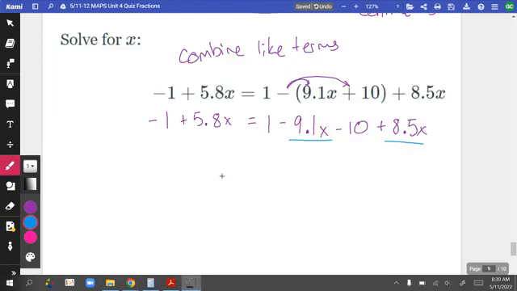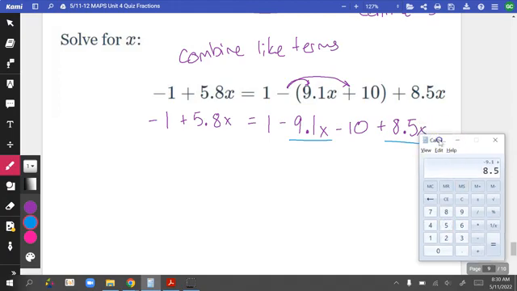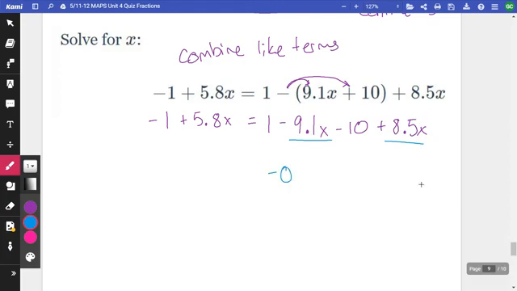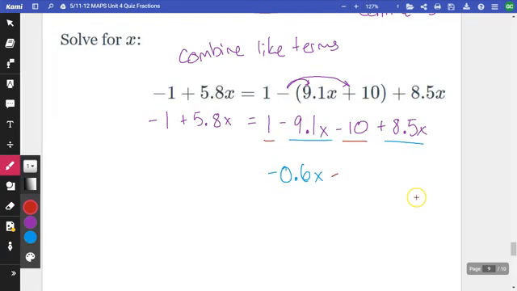So we have -9.1 plus 8.5. Negative 9.1, just make it negative, plus 8.5, and we can combine these terms because they both have x's. So we have negative 0.6x. Next we have 1 minus 10. 1 minus 10 is going to be negative because we have a smaller number and we're taking away a bigger number. So we have negative 9. And this equals negative 1 plus